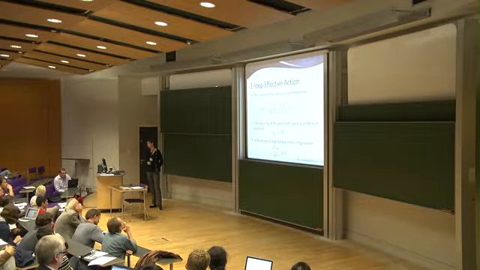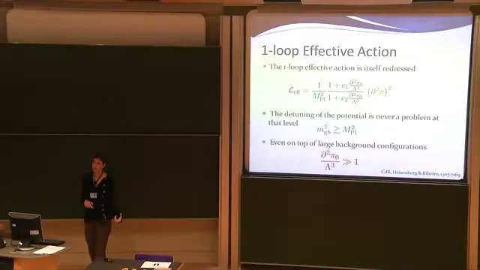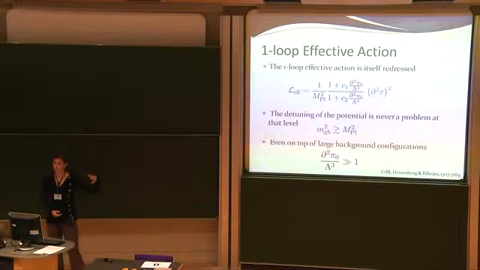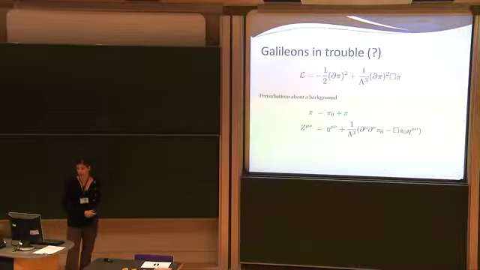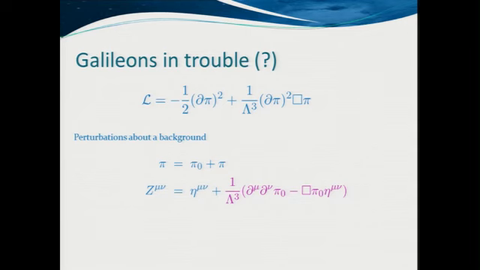And that seems to work out nicely. So it's really telling you how the Vainshtein mechanism is also working at the quantum level. This is at the level of the one loop effective action, but we expect the same thing to happen even better at higher loops. So now let me finish in the last 10 minutes with some potential issues that arise